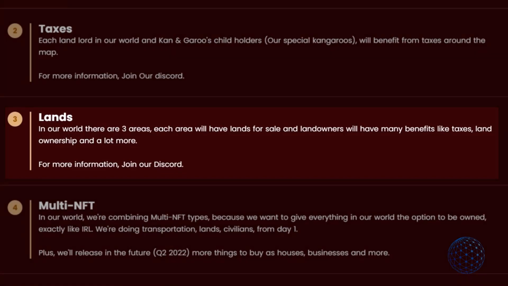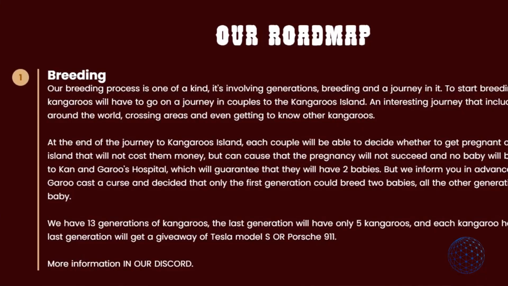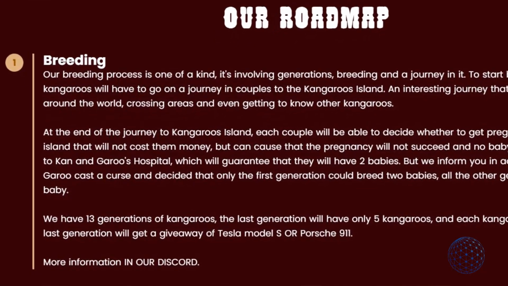We already have seen that this works on Sandbox Land. And 3, boat transportation. You might say, what? This is something new. Yep, it is a new concept of NFT and I will tell you about it in a second. To start breeding, you must go on a journey in couples to Kangaroos Island. Isn't that romantic? And what happens on the Kangaroos Island? I will leave it to you because it is described well on their white paper, which you can find down